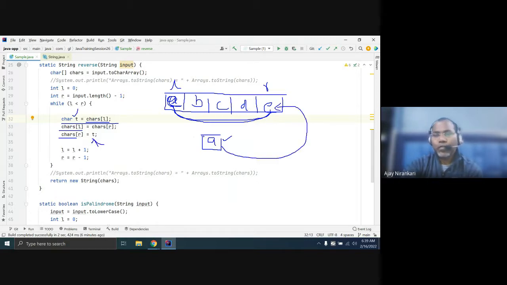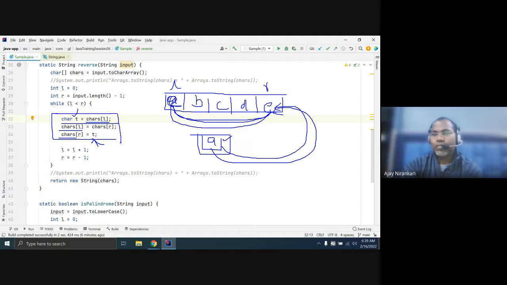We need one temporary variable to hold the value. If you don't store it, A will be lost, because you copied E over it. So before copying, you have to hold the actual value at position 0, that is A, and then you can place it here. This is the logic we wrote for the swapping.